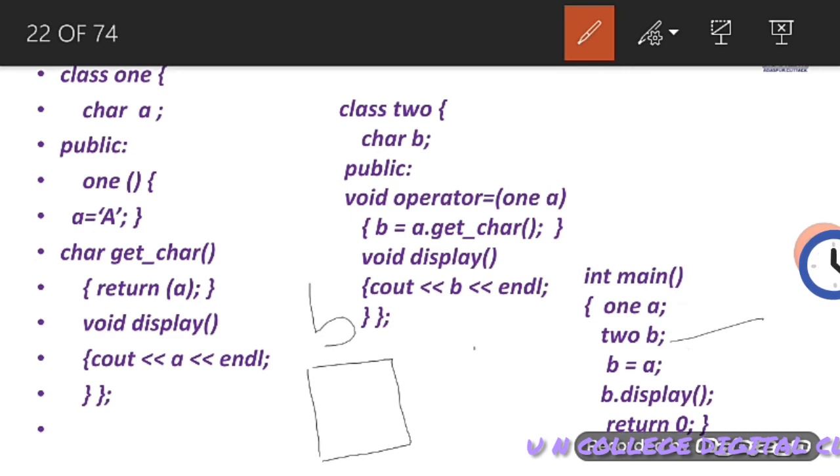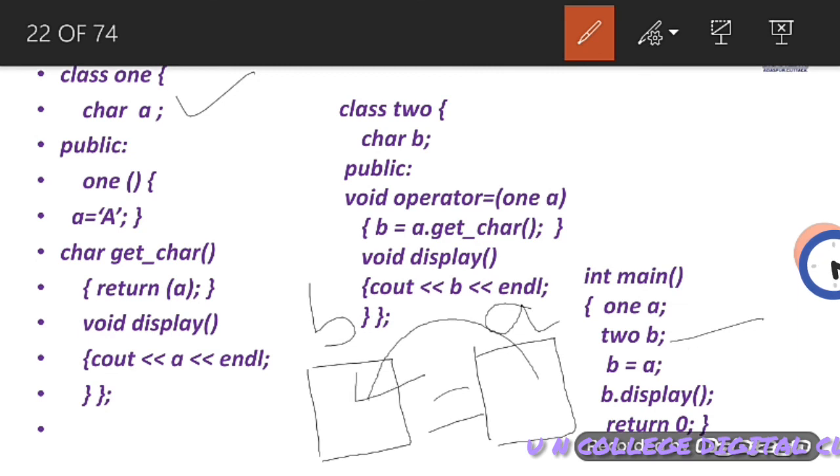And we are just creating another object of class 1 and the object name is a, and by using the equal to operator we are just transferring the data from this location to this location. Here a is a different type, b is a different type, and we are making it possible by using the equal to operator type conversion, and in this way type conversion is performed.